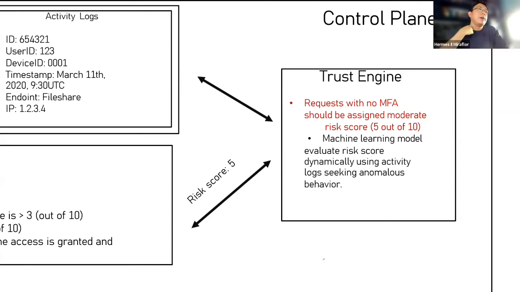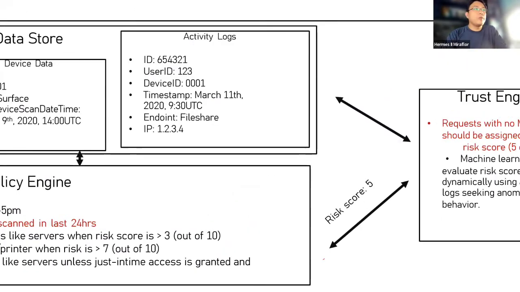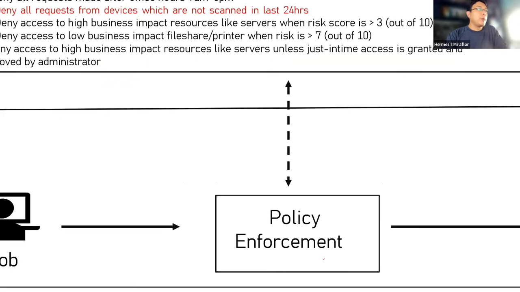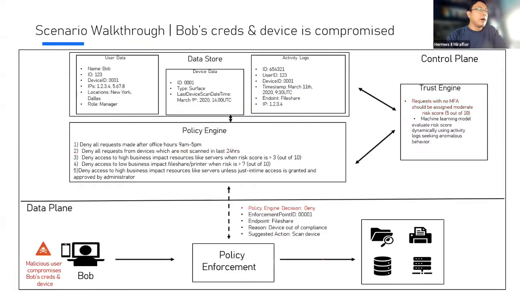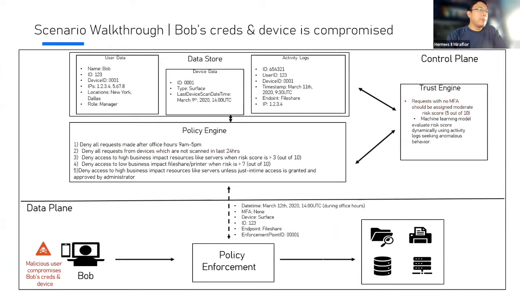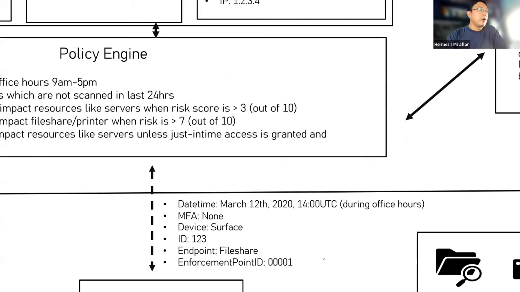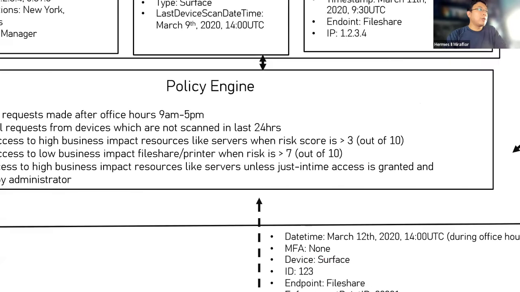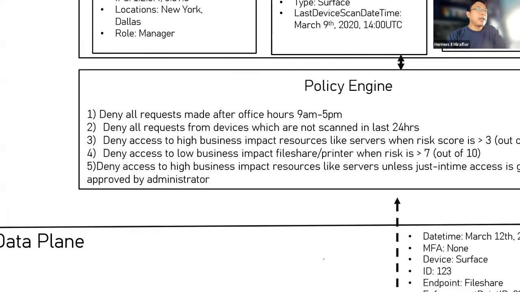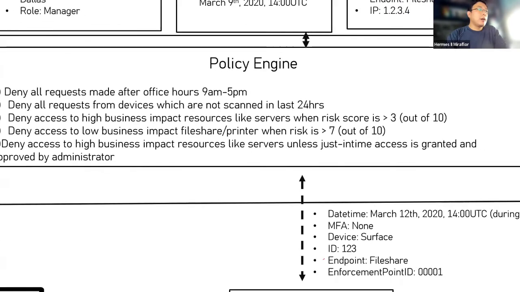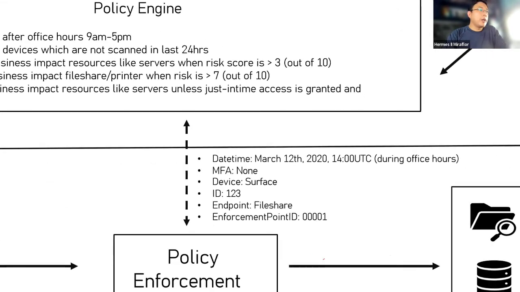So from here, we can make use of machine learning models to develop these kinds of knowledge base or graph for the trust engine to consume. Because we now have all of these rules configured inside the control plane, starting with Bob's request, coming back to Bob's request: Bob is accessing a file share on March 12, 2 p.m., which falls within office hours. It's not yet after office hours, but the device health of the